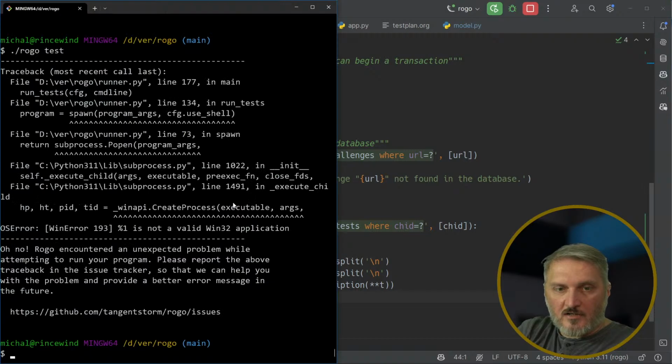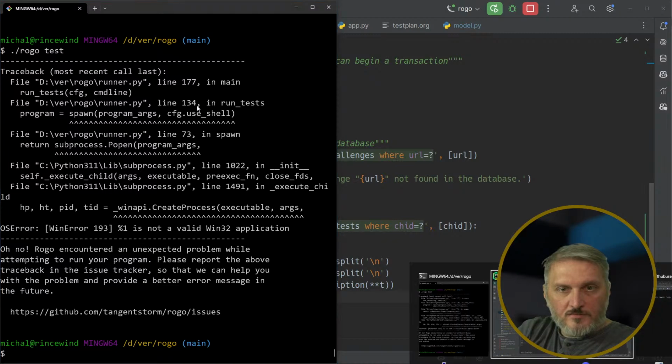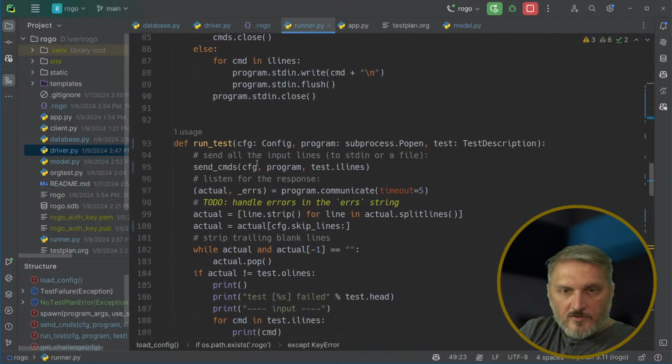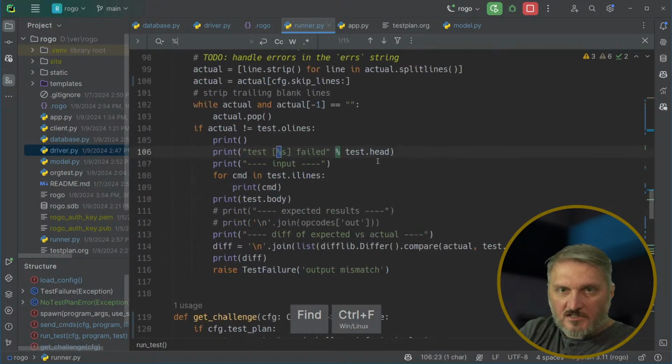Okay, so somewhere I big U shell. Okay, so program equals big.u shell. So 132 and 134 run test. So in runner 134, actually